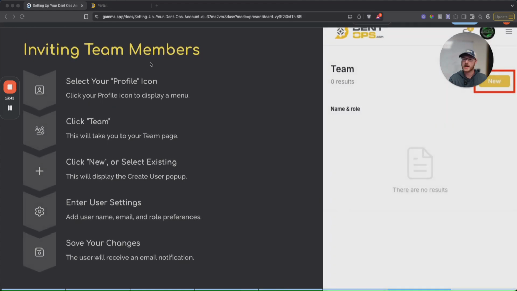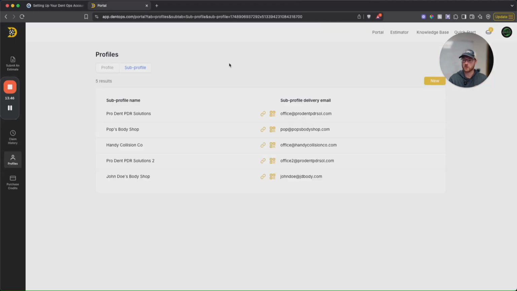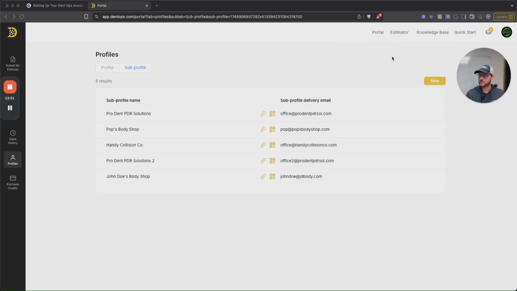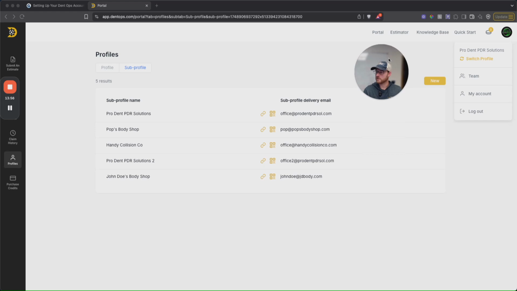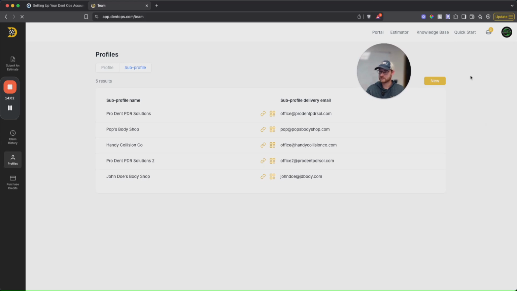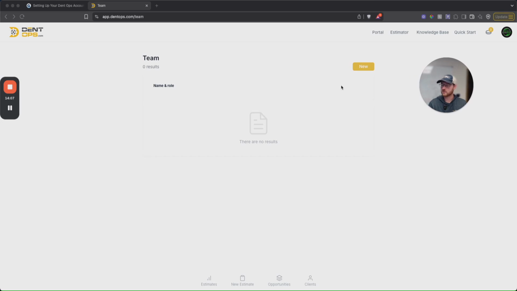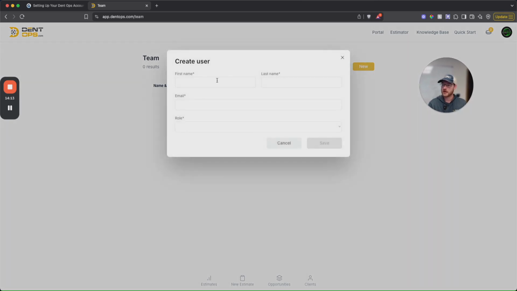So we have this recap. I'm going to go through actually doing team members real quick, and then we'll go in and we'll edit. So back to our page, our portal, you're going to click your little profile icon, and you're going to see a drop down here, and you're going to see this option that says team. So I'm just going to go ahead and select team. It's going to load up my team page, and we can see I don't have any team members in my account right now. So what I'm going to do is I'm going to select new,